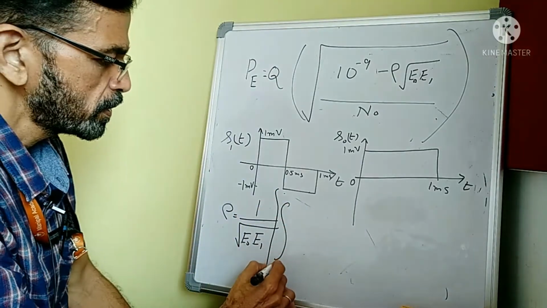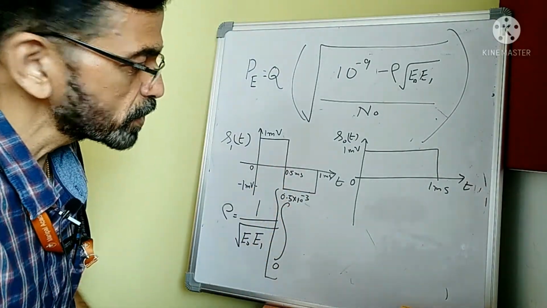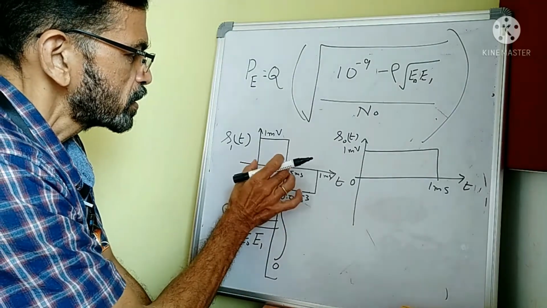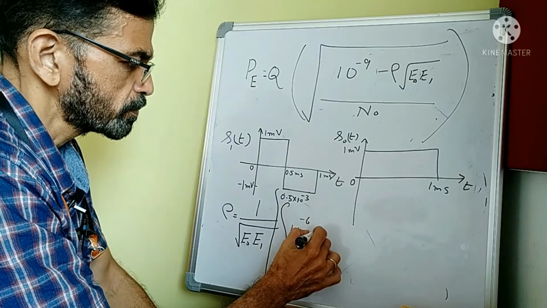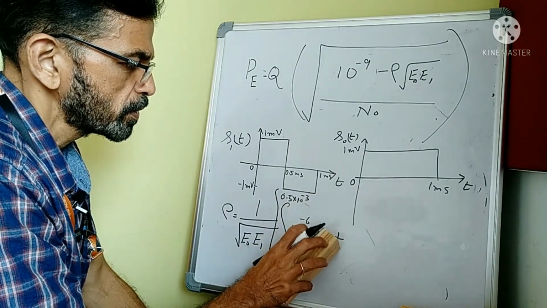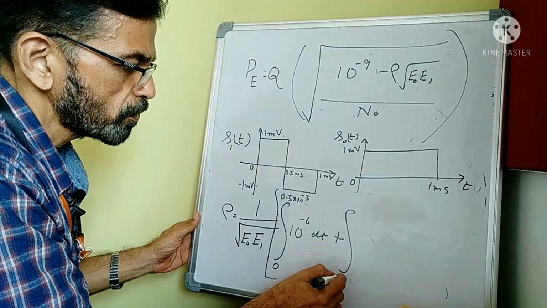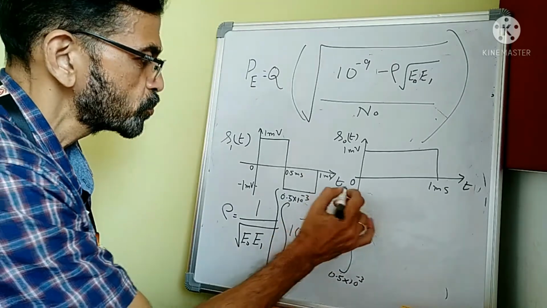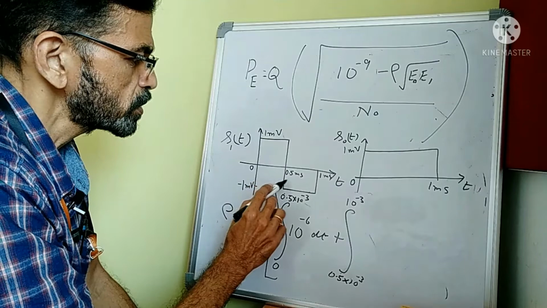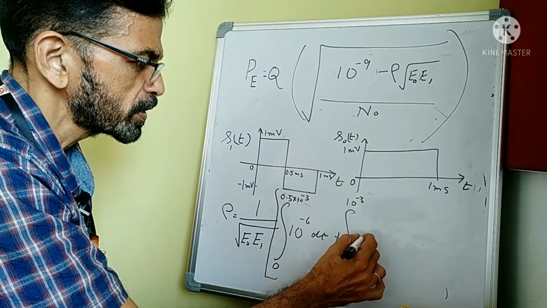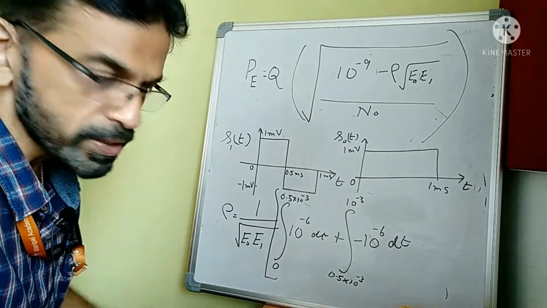Integral 0 to 0.5 milliseconds, that is 0 to 0.5 into 10 power minus 3 seconds, and in that interval S1 into S0 gives us 1 millivolt into 1 millivolt, which is 10 power minus 6, plus 0.5 into 10 power minus 3 seconds to 10 power minus 3 seconds, and in this interval S1 is minus 1 millivolt, S0 is 1 millivolt, so we get it as minus 10 power minus 6 dt, that is minus 1 millivolt into 1 millivolt, that will be minus 10 power minus 6,